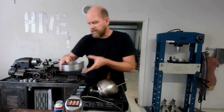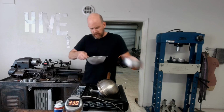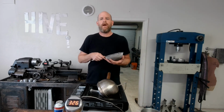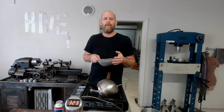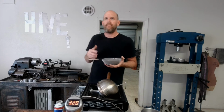So let's do this. Let's look at this coffee, and let me talk about how it smells too. I can definitely smell this is a natural, right off the bat. It's got that smell and it's going to come through in the cup. If I brew this coffee, it's definitely going to be a natural flavor. Now,